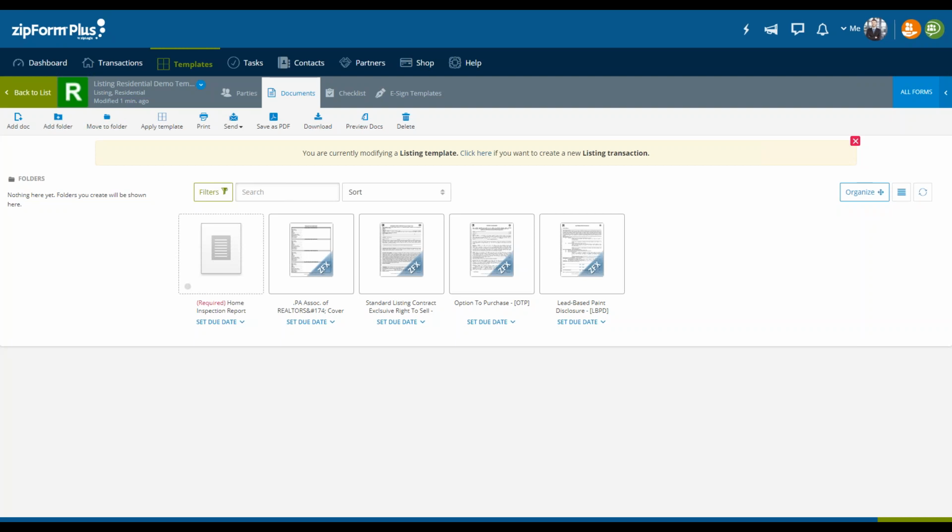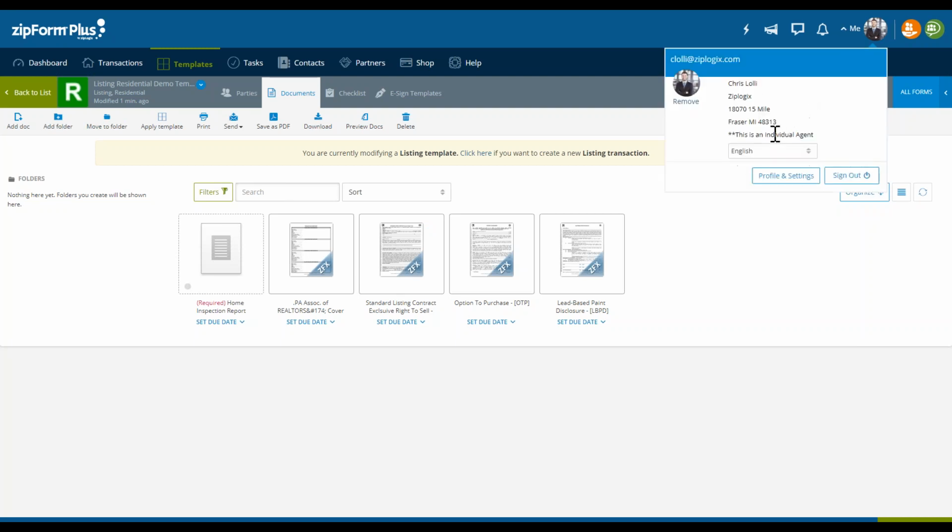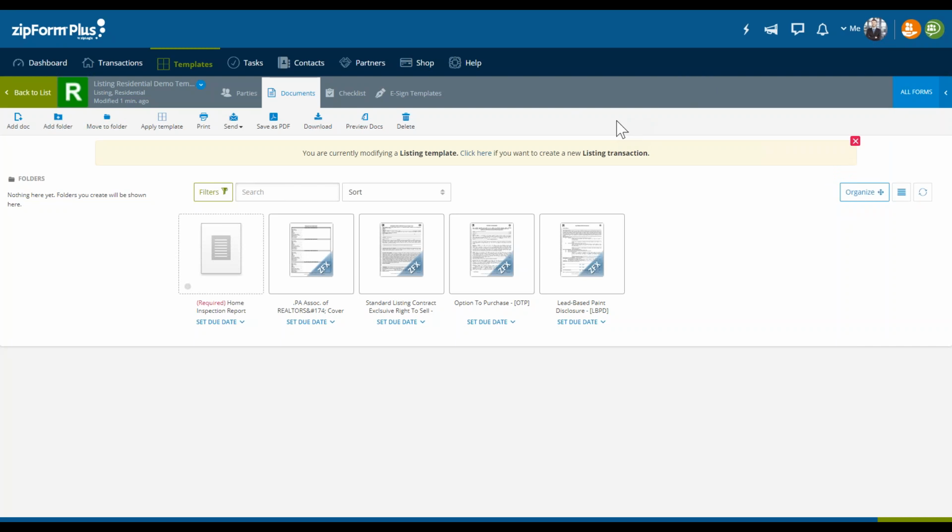And so the idea behind putting tasks or assigning an actual responsible party to it is to either give yourself a reminder that you need to contact this particular individual, or if you have a broker style account, you can actually assign tasks to another individual and they would actually get notified of it. Because I'm working in an individual agent style account, I click on me, and it'll identify what kind of account I'm in. Because I'm in that individual agent account, I don't, unfortunately, have access to assign tasks, or they won't get reminders of my tasks that I'm assigning. If that makes sense. Good question, though.